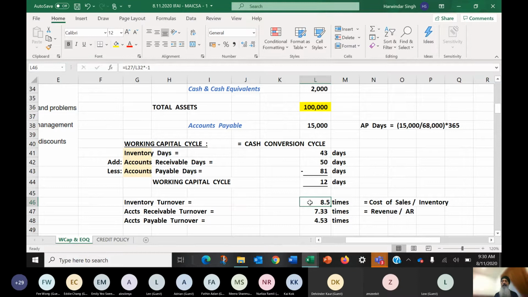Generally speaking, if the number of days is small, that means your turnover is turning fast, then this inventory turnover number will be high. So for turnover, higher is better. Higher is better, but for number of days, a shorter period is better. For accounts payable, this will be,